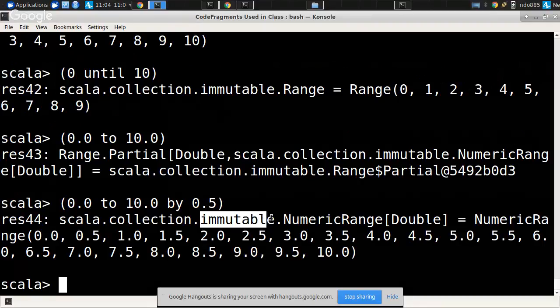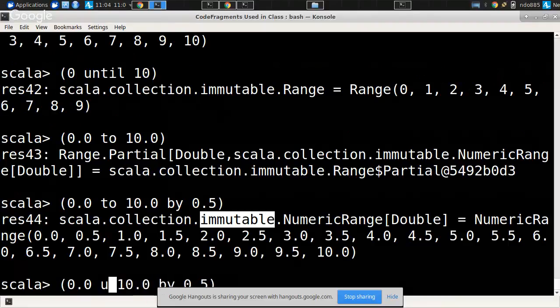Notice it's immutable. Scala has a lot of collections that are immutable. Why? Well, amongst other things, immutable collections can be shared. You can share them without worry, right? Multiple things can reference them without the worry that any one of them will stomp on them, okay? So, ladies and gentlemen, we have here collections, and notice that this one includes that, but if I were to